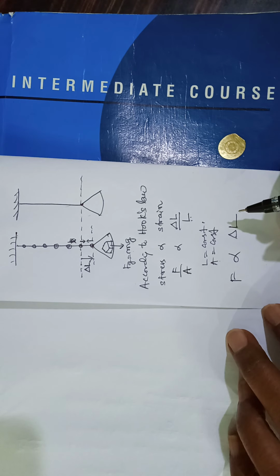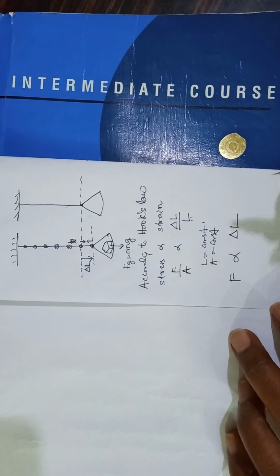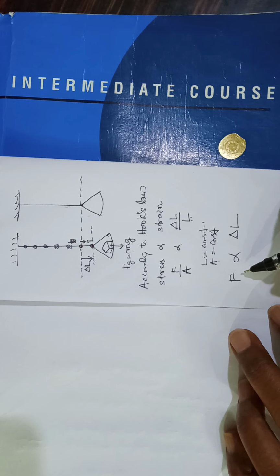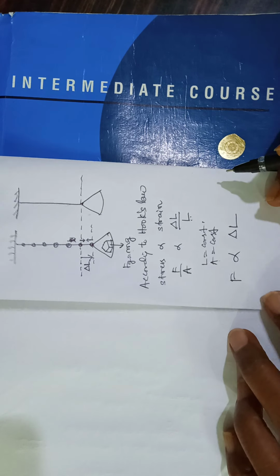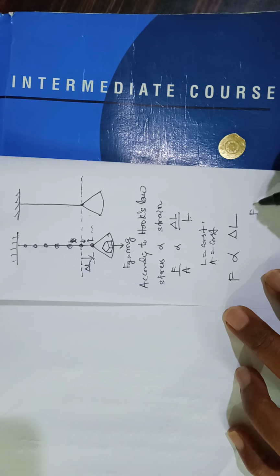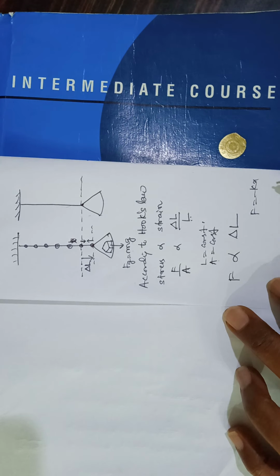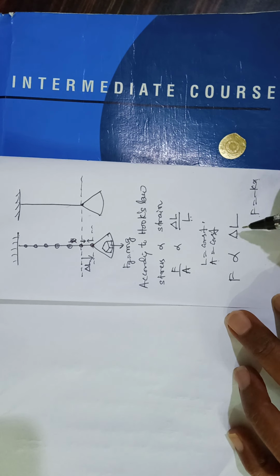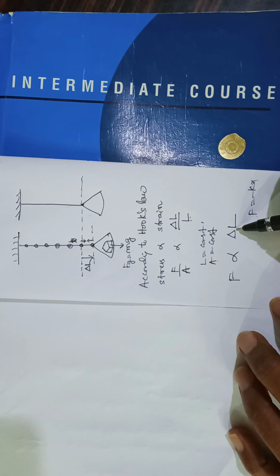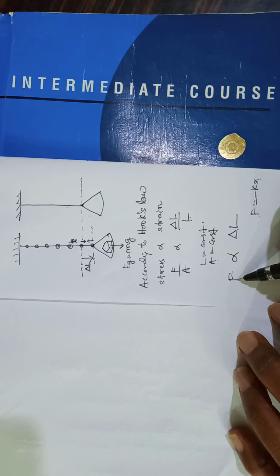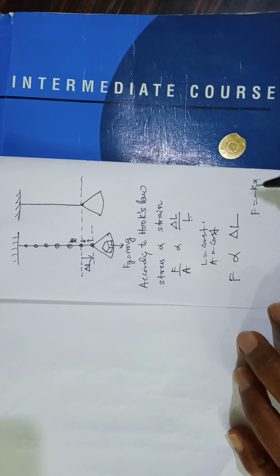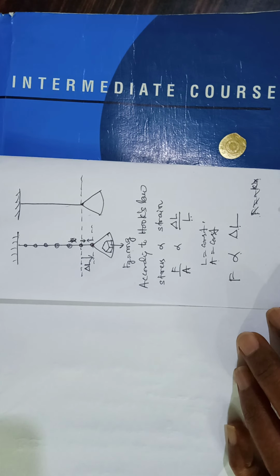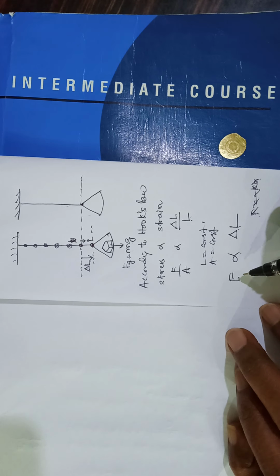In previous lessons, when we discussed springs, we wrote this only. There we spoke about Hooke's law as F is equal to minus kx. There, force is directly proportional to displacement. This elongation is nothing but a displacement, and this is nothing but a restoring force. So we arrived at the same relation. So this is also Hooke's law.